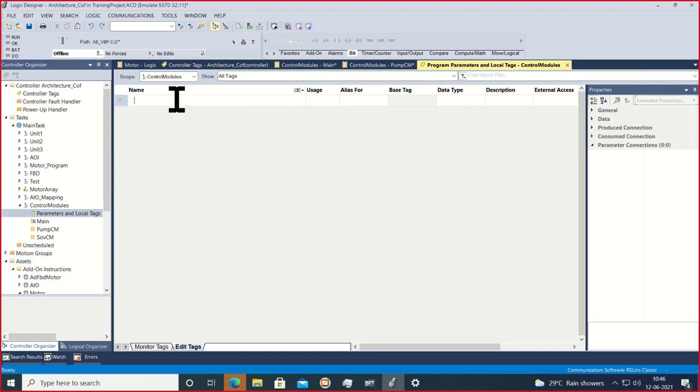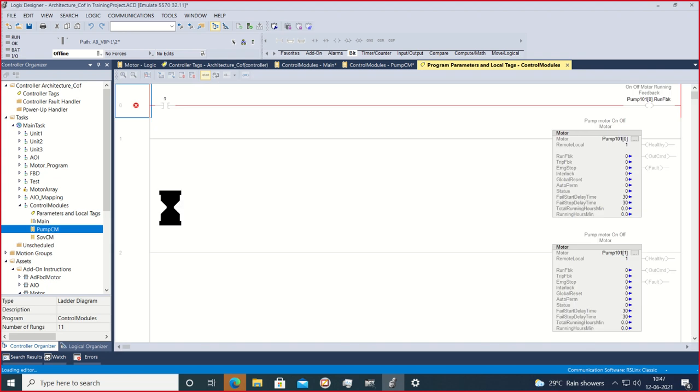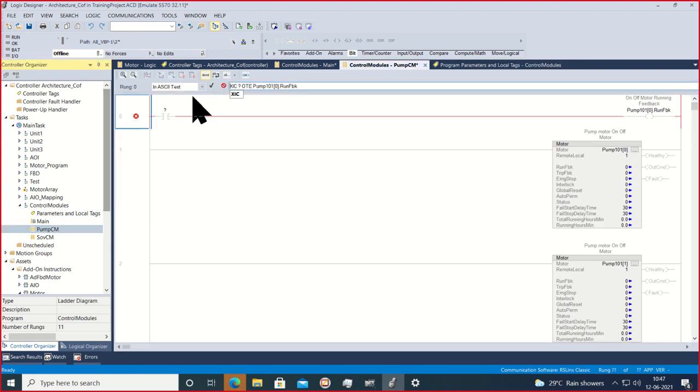In the local parameter, I will just add run feedback FBK timer to simulate the tag with the run feedback. Okay, and here I will just create that timer array with the 10 tags. Okay, and then here we can use the timer